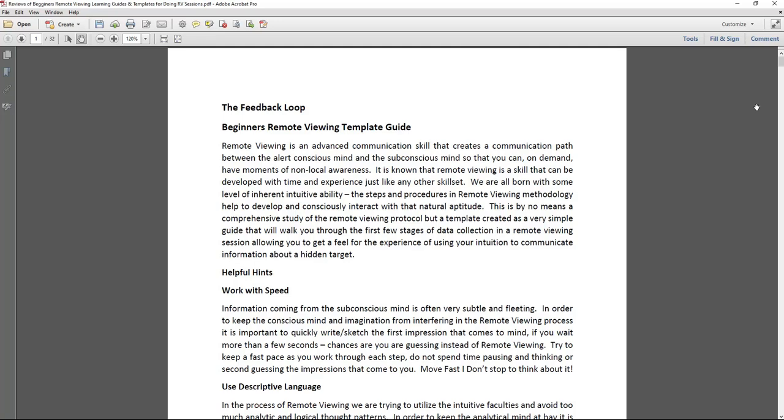Some templates can be a bit more complex and some are more simplistic. I personally like the challenging templates. The more information I could put down about a target or sketch or draw, the better for me. And I could be spending several days on a target or one day or several weeks. It just depends how tough the target is, the complexity, what's coming in, taking breaks, how much workload I have,